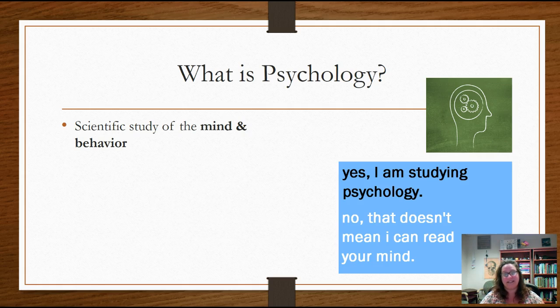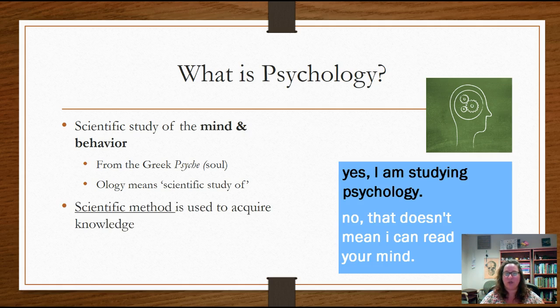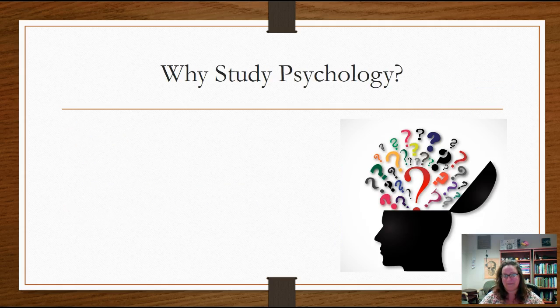Psychology is the scientific study of the mind and of behavior. It comes from the Greek psyche, meaning soul, and really an important part of this definition is not only that we study the mind and behavior, but that it's scientific study of the mind and behavior. So it's not just people sitting around in a room contemplating, what is the mind? It actually relies on scientific method. So we have to be able to use those same principles that you would use in any other science class to be able to understand the mind and behavior.